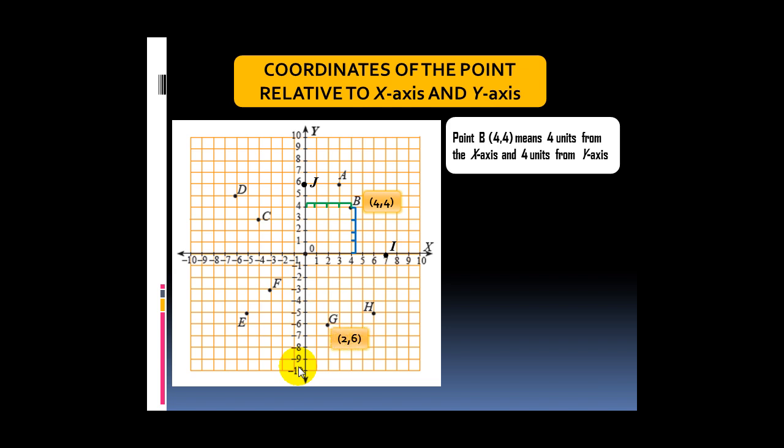And then point G. We know the coordinates of point G is 2, 6. It means the distance of point G to the x-axis is